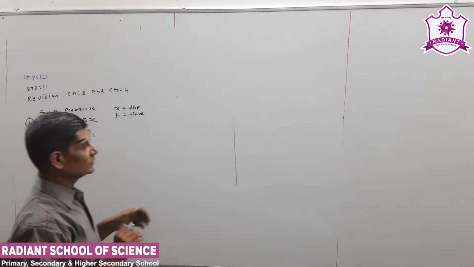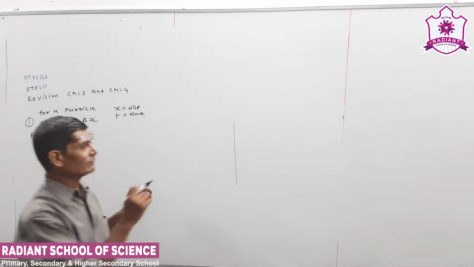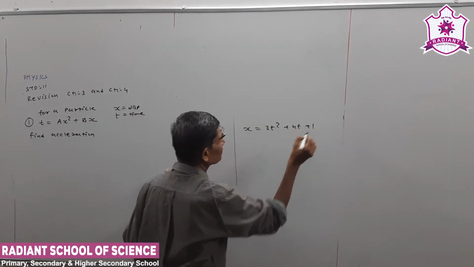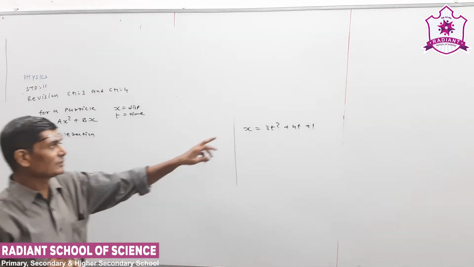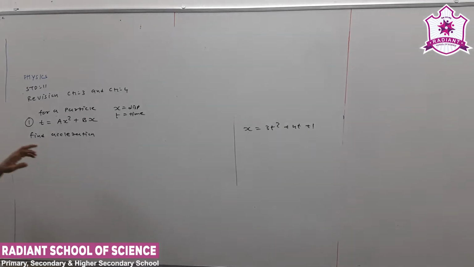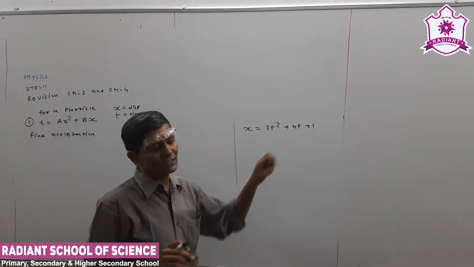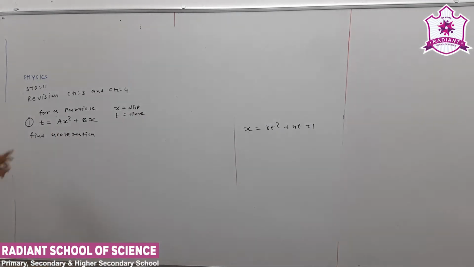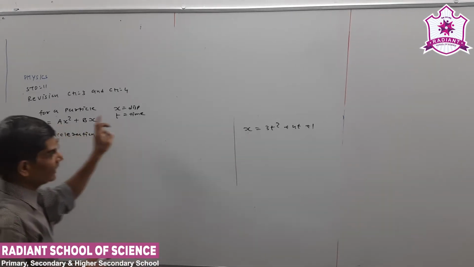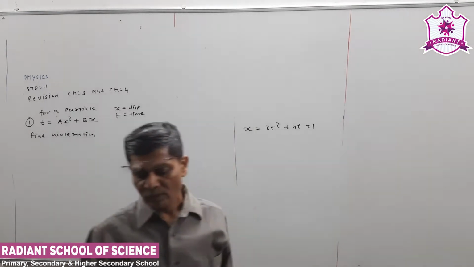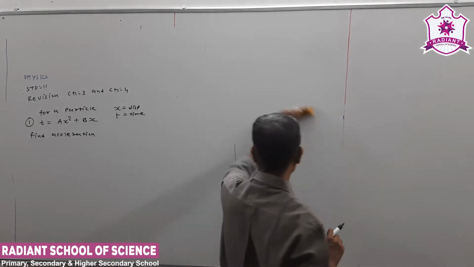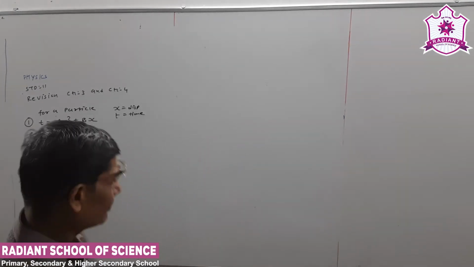Now, in lesson 3 discussion 1, what we have seen was like this: 3t square plus 4t plus 1. x was the displacement and t is the time. But that is not the case here. Here, x was on the left hand side and t on the right hand side before, but what you can see here is different. t is on the left hand side and x is on the right hand side. We have to calculate acceleration here. So let us see how to solve this.